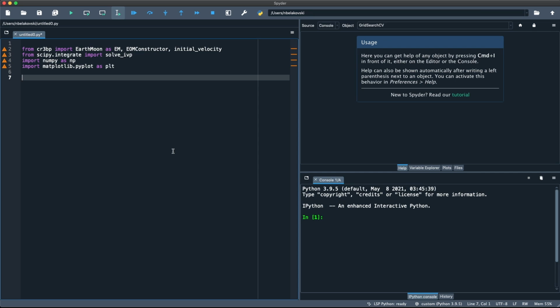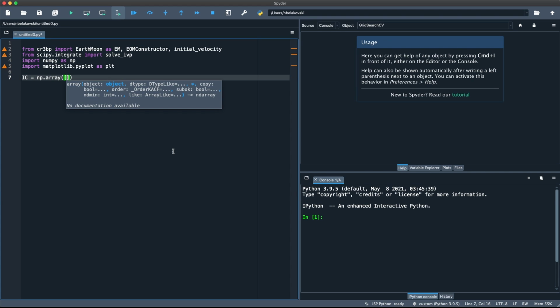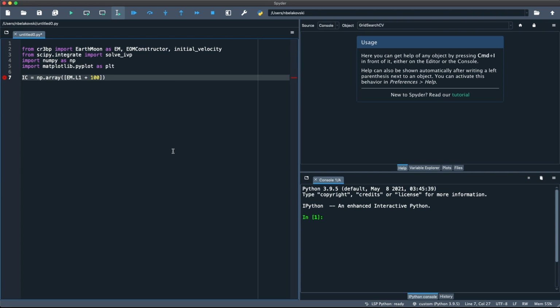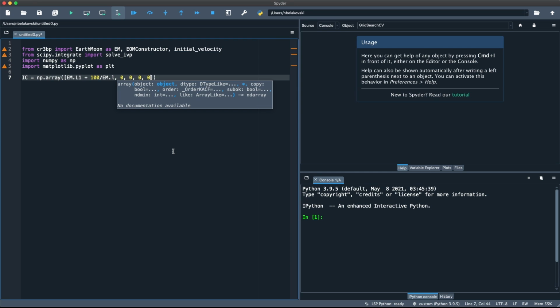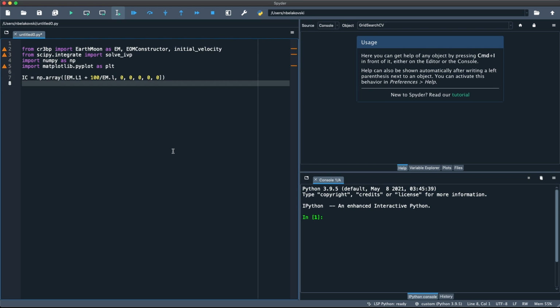So let's start with some initial conditions. Let's first start by plotting an orbit that starts 100 meters away from the Lagrange point. So we're going to take em.L1, we're going to start with L1, and we're going to say plus 100 divided by em.L. So here I'm taking 100 meters and non-dimensionalizing it. I'm going to put 0 for the rest of the values, the y and z position, and the xyz velocity. Now I need the initial velocity, and for that I'm going to use the initial velocity function,